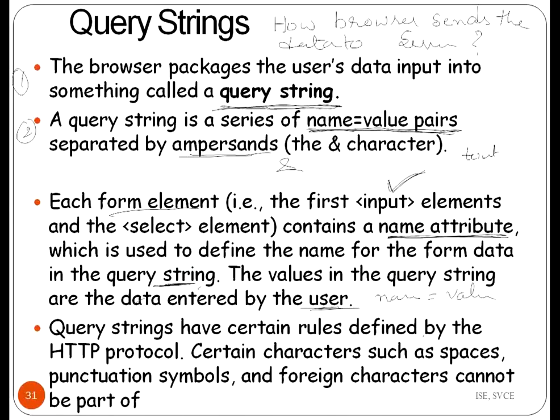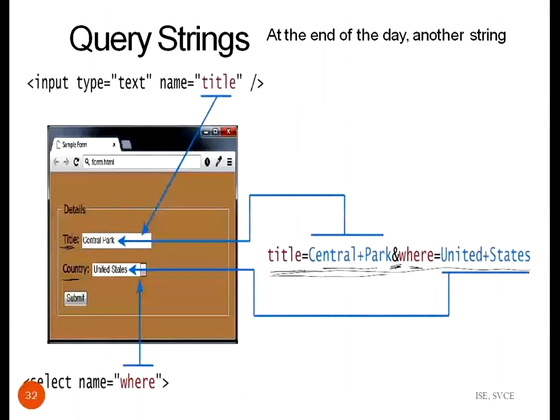carry the data. That is represented in the form of a query string, where name and value pairs are specified. If there is more than one name-value pair, each is separated by an ampersand. We have discussed all these things, and this is a representation of the query string. You can observe: this is the name of the label, then this is the value entered in the text box. And you have another input, country. The name given for this text box, whatever it is given, will be specified here.